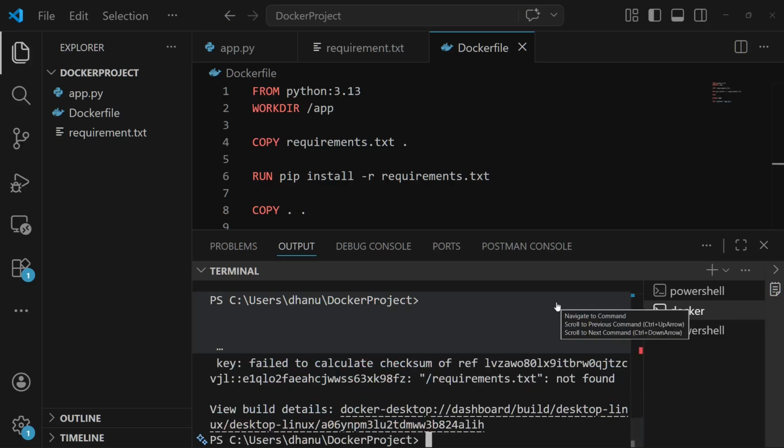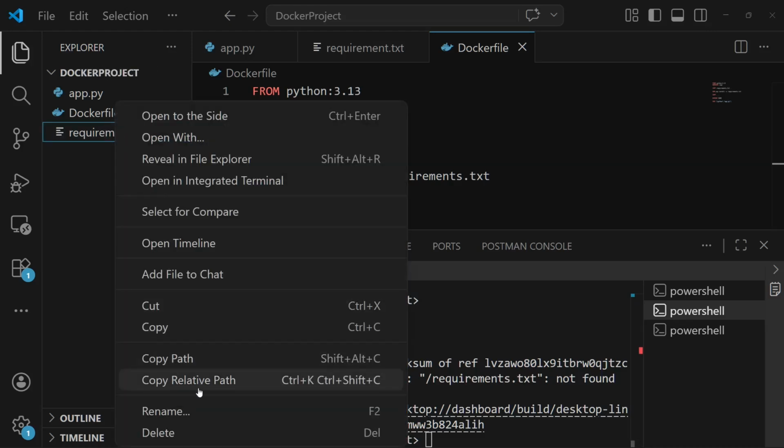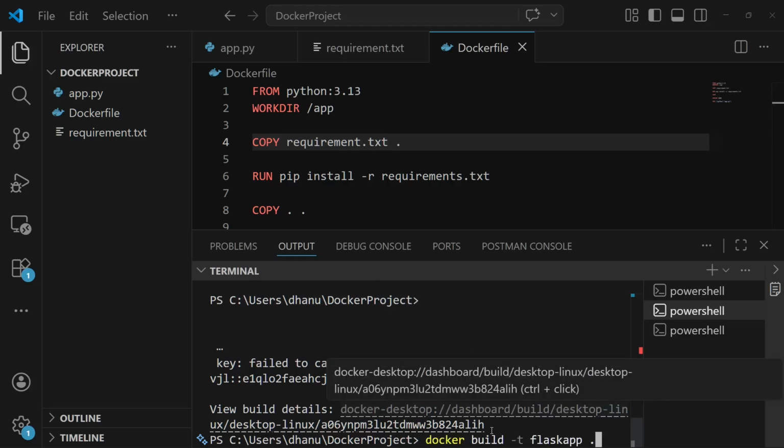Python 3.13. Requirements.txt is not found. Okay, I'll copy the relative path. Okay, I have used requirement; requirements is not present there. So I'll run it again.